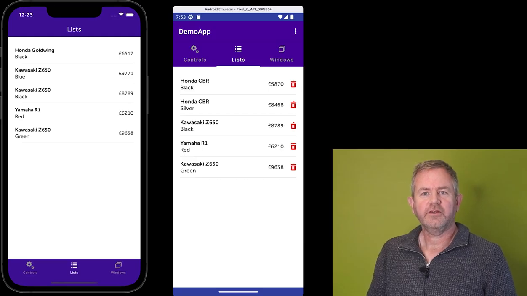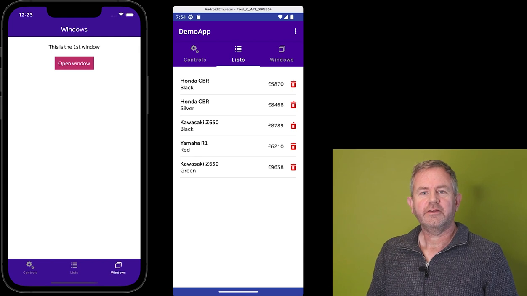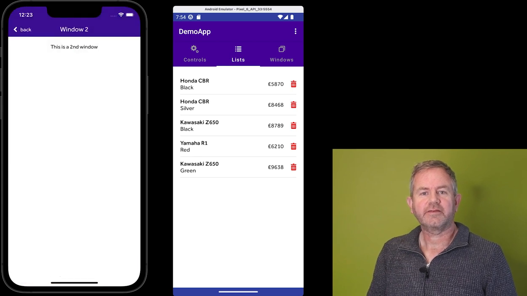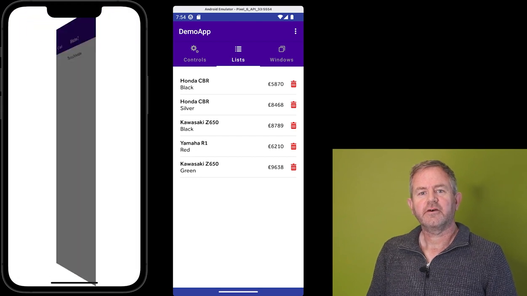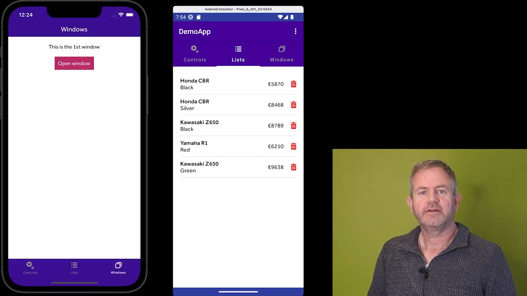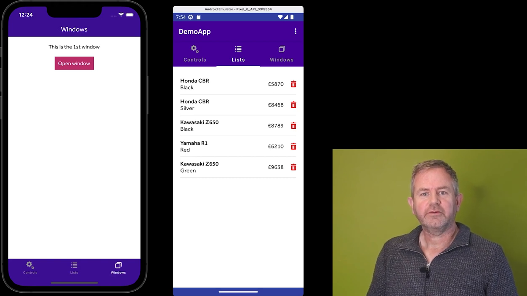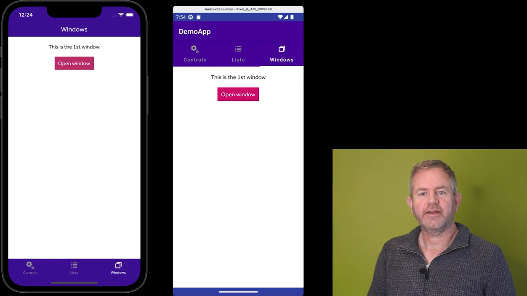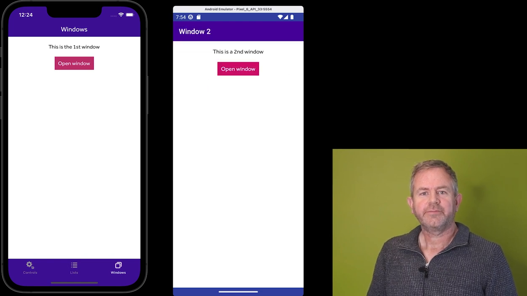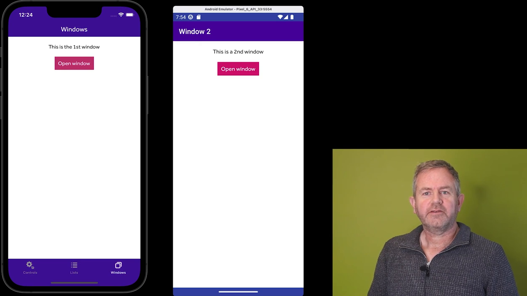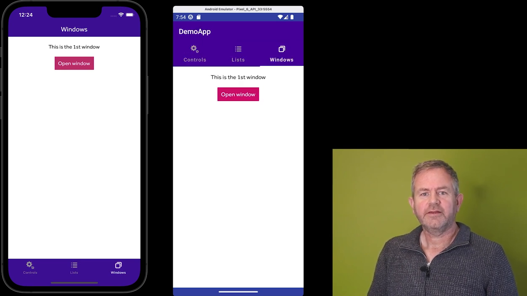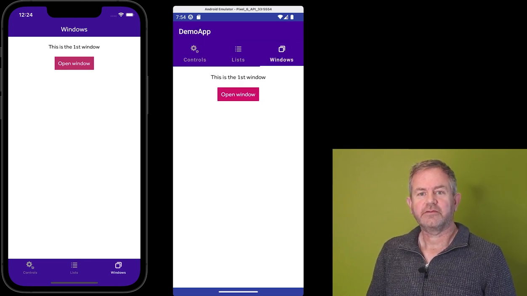Android and iOS handle new windows quite differently. iPhone users are used to seeing a back button appear automatically in the top left corner when they open a new navigation window. When pressed, the button closes the window and returns you to the previous screen. And this process is often animated, as you can see. For Android users, the phone's inbuilt back button, which is usually invisible at the bottom of the screen until you press into that area, serves the same purpose. For an Android user, showing a back button in the top left of the screen would seem weird, even though that's consistent with how your app displays on an iPhone.